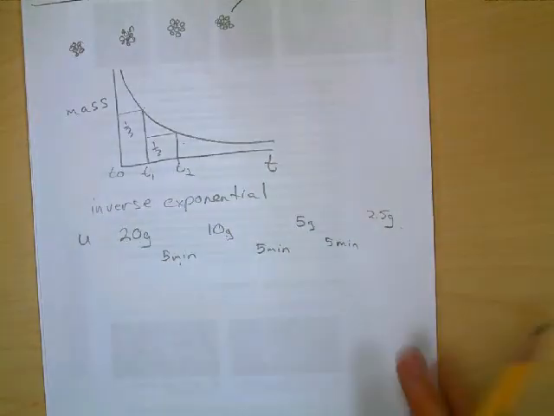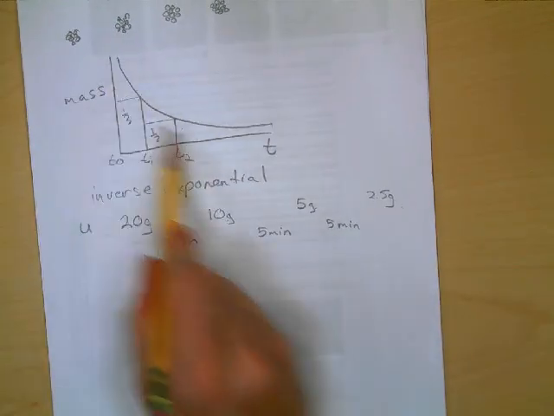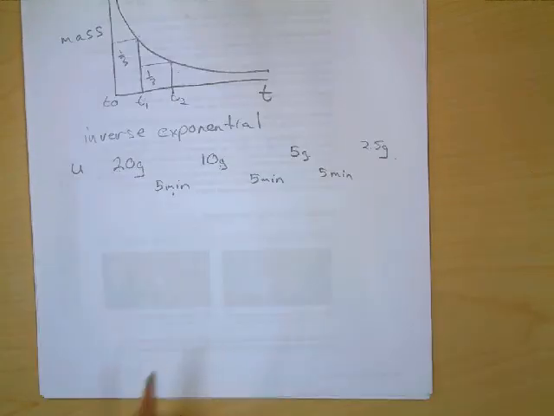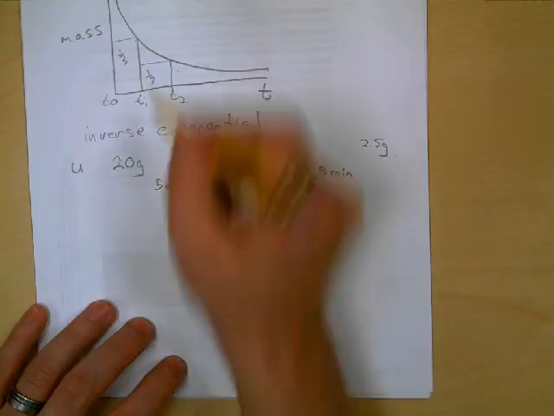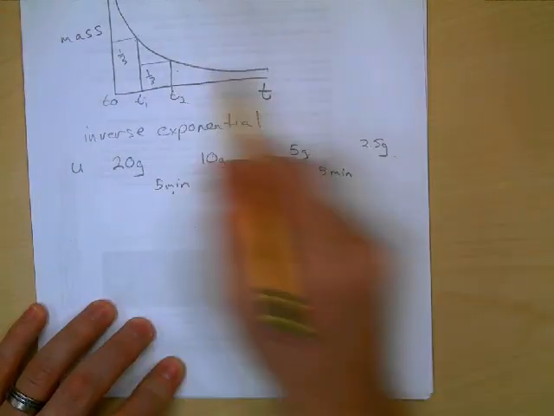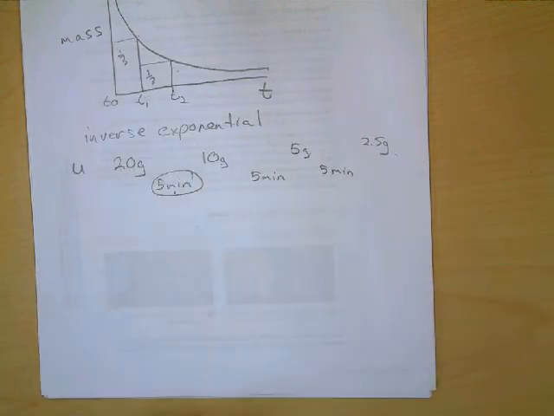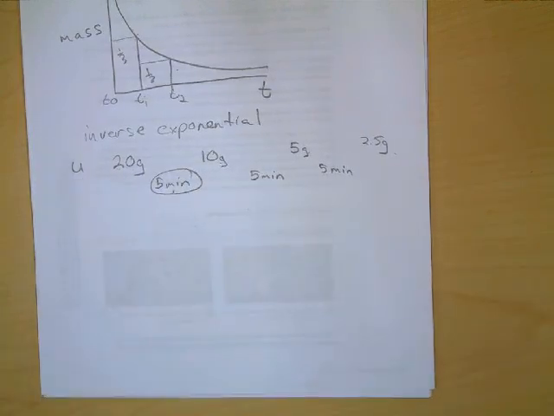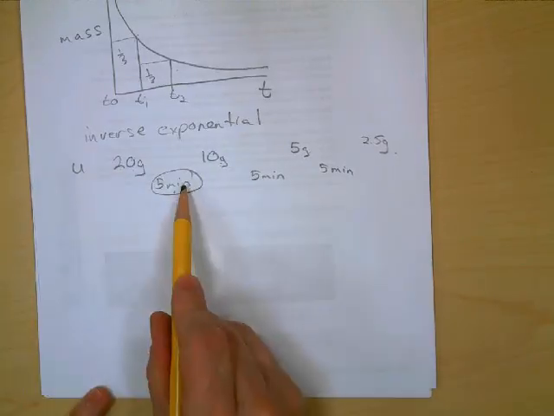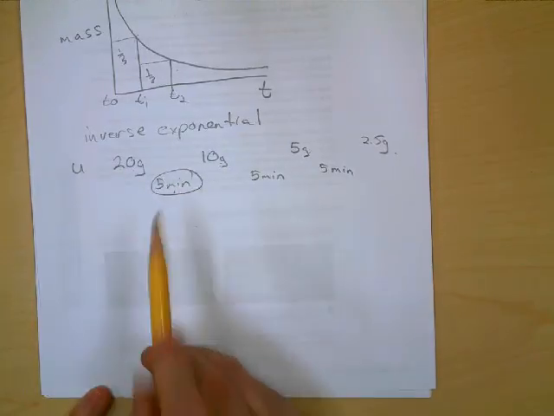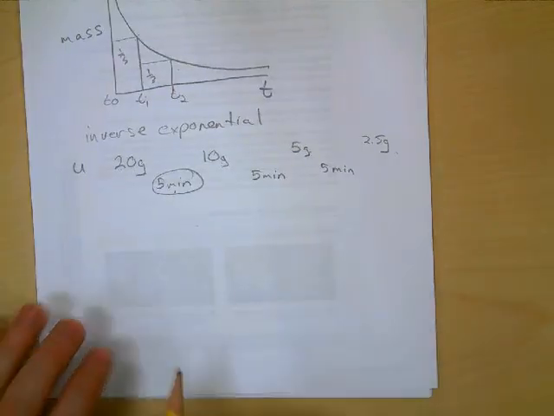That's just because there's no real prediction of when each of these atoms is going to go, but as a statistical event, they are falling apart at an inverse exponential rate. So this time, this 5 minutes seems to be significant. For whatever sample of uranium I picked, I know that specific type of uranium decreases by half every 5 minutes. So what we say is,